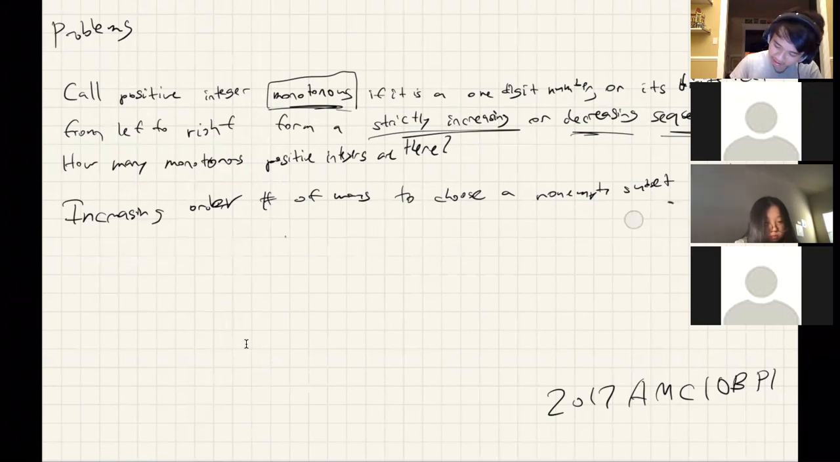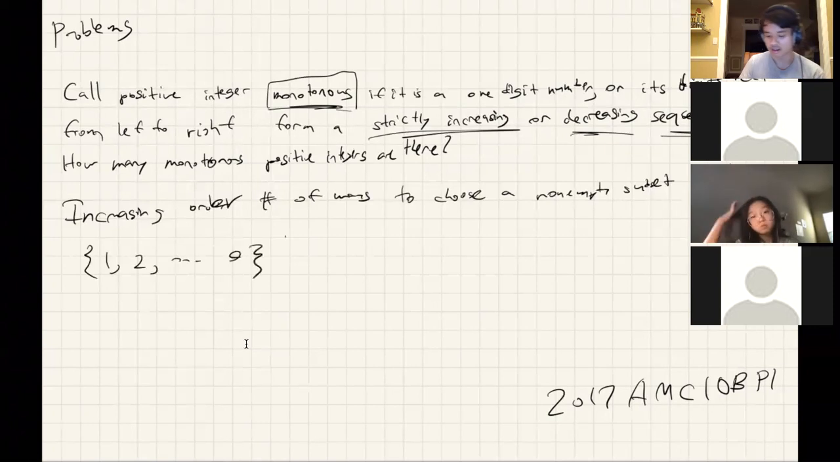Okay, so non-empty increasing order. It's 1 through 9. Choose a non-empty subset of the digits 1 through 9. You can't choose the number 0 because 0 would just end up being a leading digit. So I guess I screwed up there. But anyways,